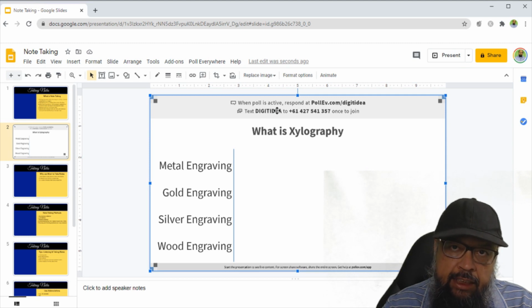When the poll is active, so the poll can be activated in two ways. The first is that when you click this present button, this will become active. And the other way is that you can make this active from within your account, and I will show you in a minute. The second thing is this address